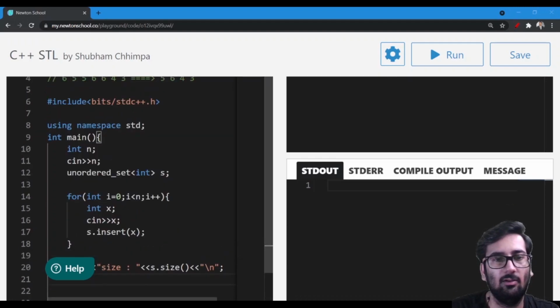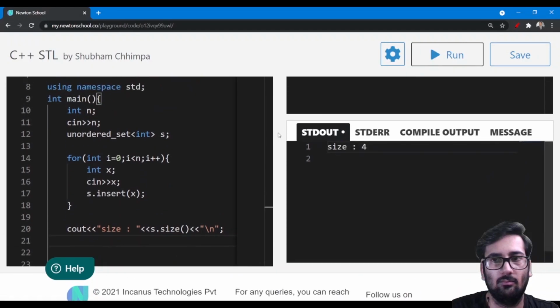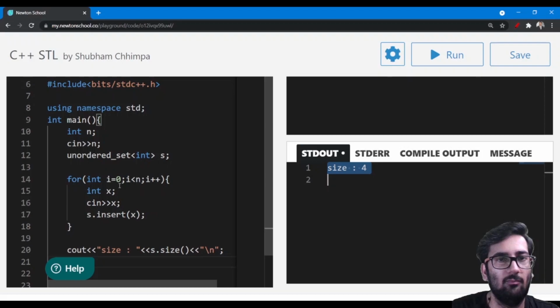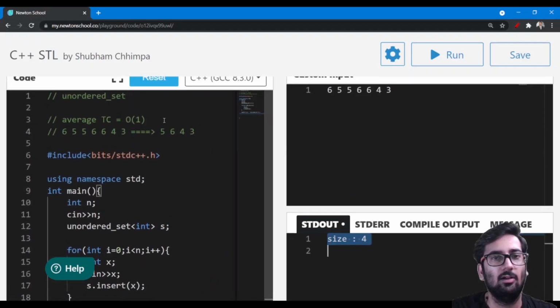Let's run and see the size. Yes, it's 4, and what we are expecting is 1 2 3 4.